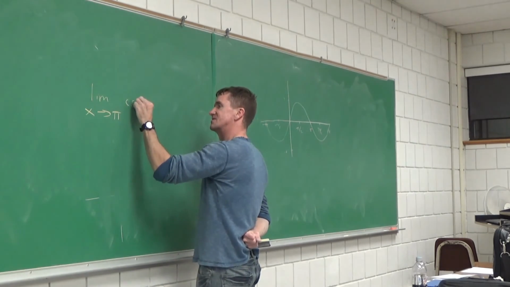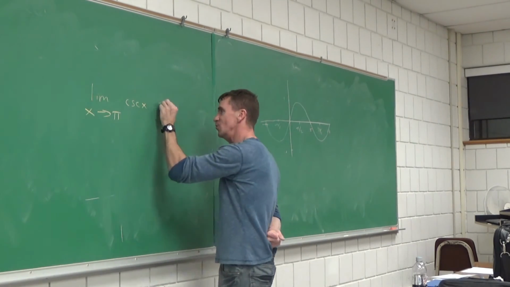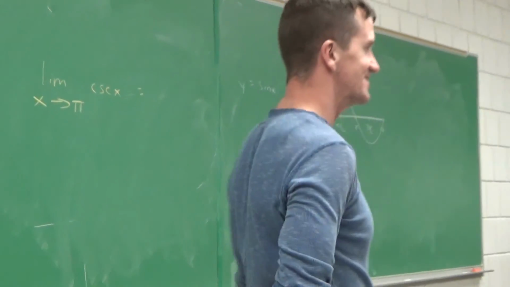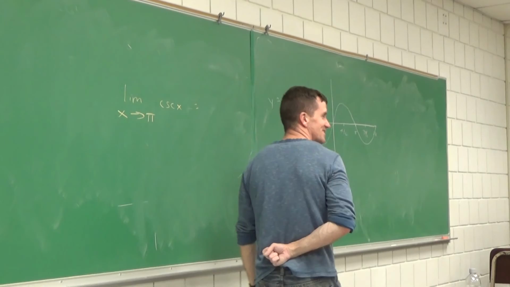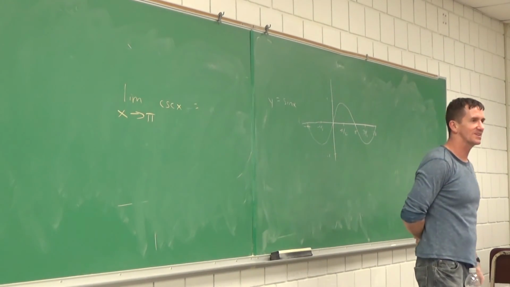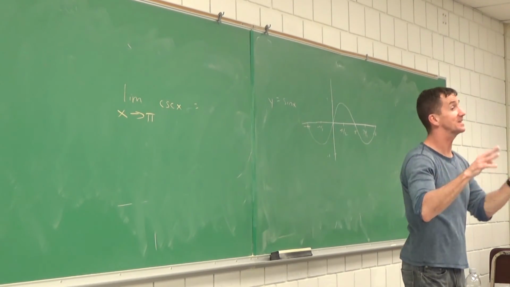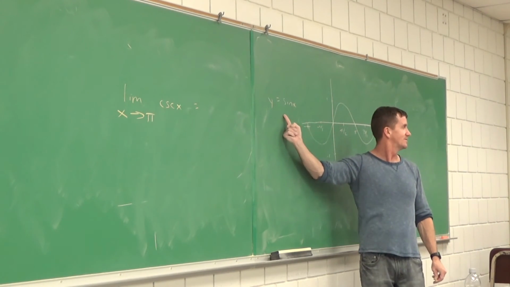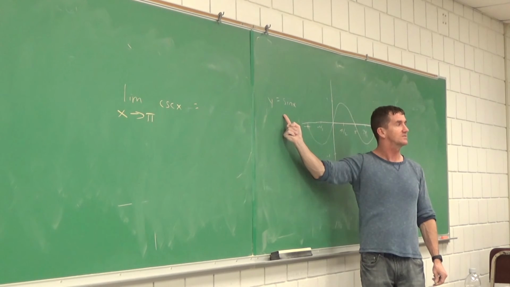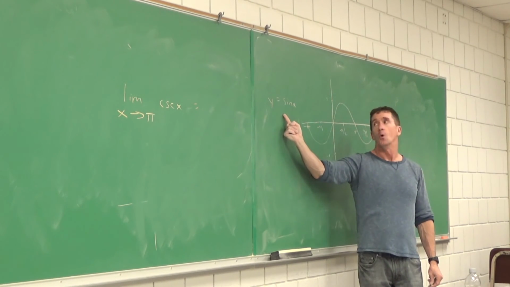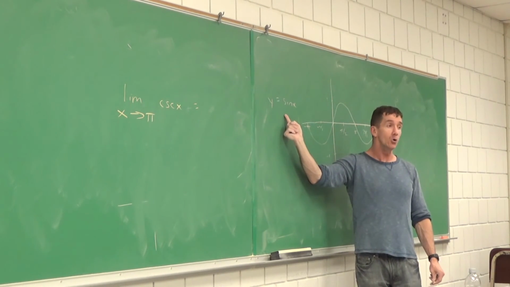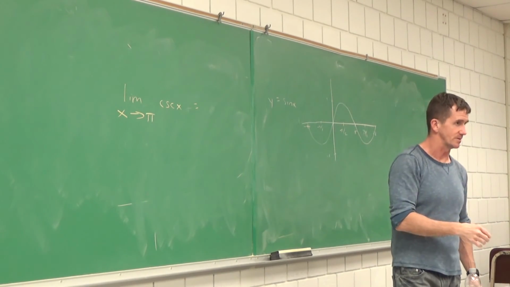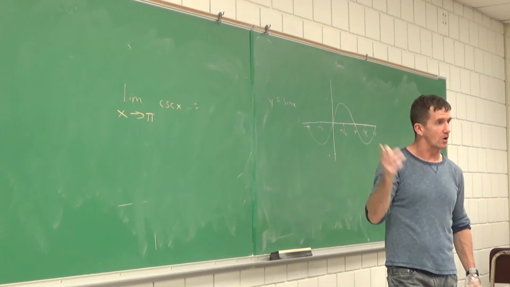Now this function. This is not intimidating; we can do this. Cosecant of x. How do you make the cosecant of x graph? It's a piece of cake if you can make the sine graph, because that's its reciprocal buddy, right? So I should say it this way, cosecant of x is equal to 1 over sine of x. They're called reciprocal buddies. So cosecant of x is 1 over sine of x.